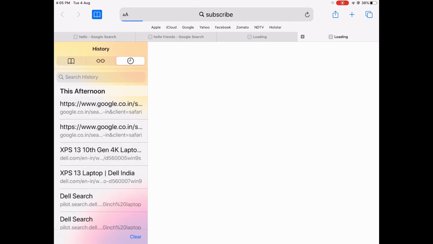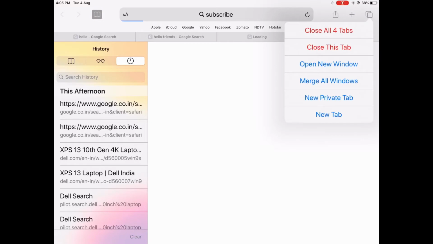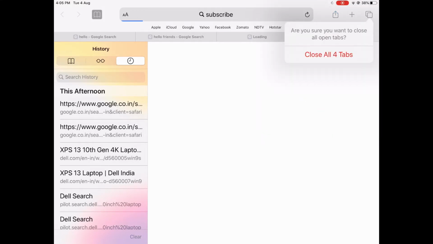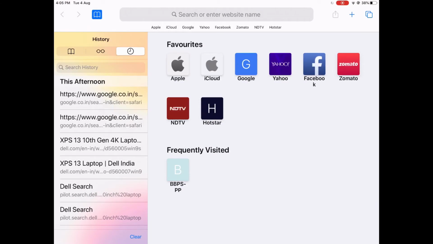So if I want to close all these tabs in one go, I have to long press on this button, then click on close all 4 tabs, and all 4 tabs will be closed like this. All the 4 tabs are closed. This is very useful if you are using lots of tabs.